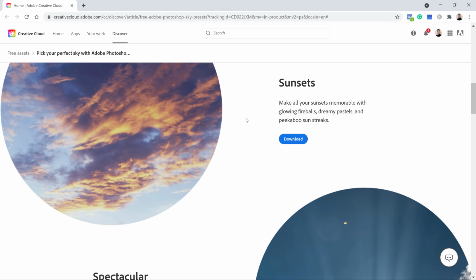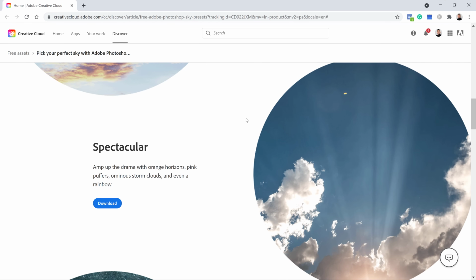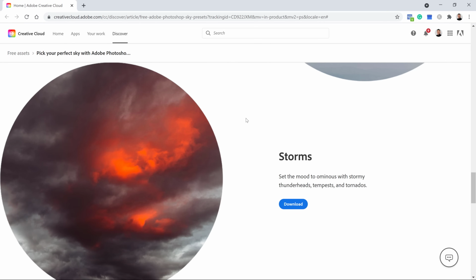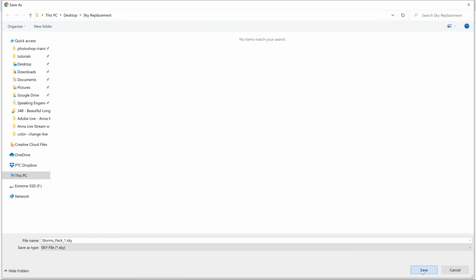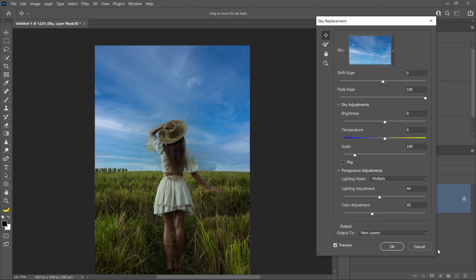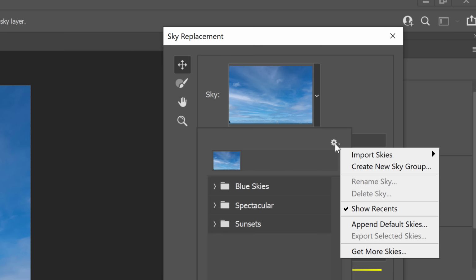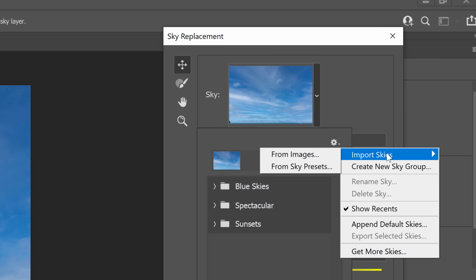This will open up your browser and take you to a page where you can download more skies. Scroll down and you'll see the different packs: sunsets, spectacular, night skies, blue skies, and storms. Click on the download button to download the pack that you want. Click on Save. Go back into Photoshop, and from the drop-down, click on the gear icon and select Import Skies